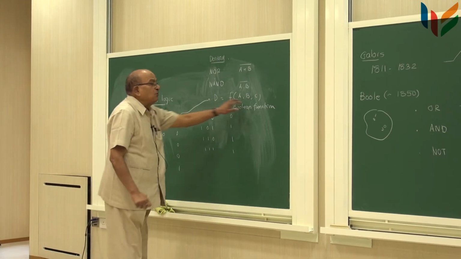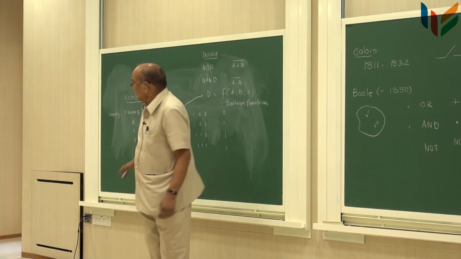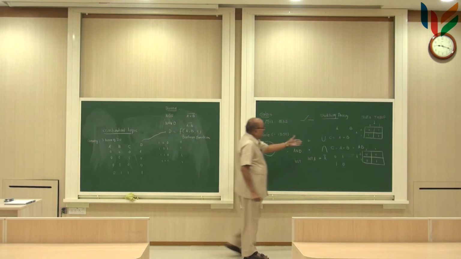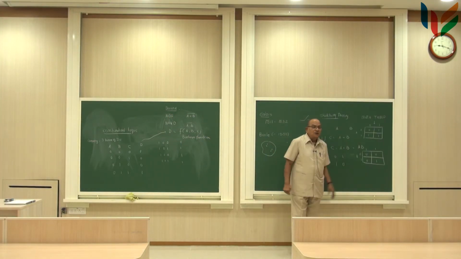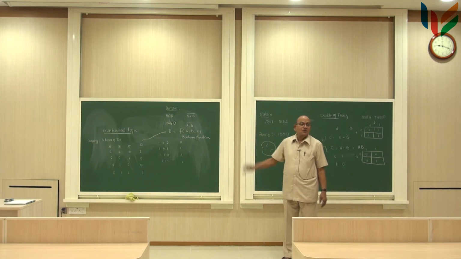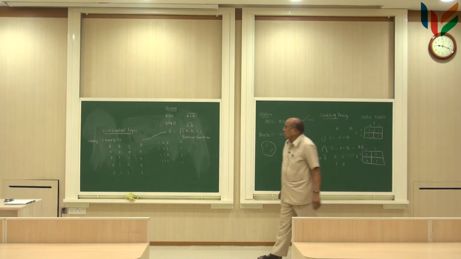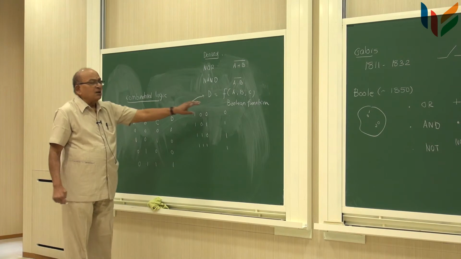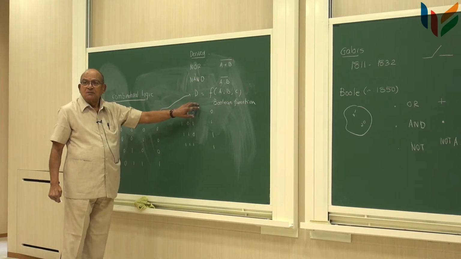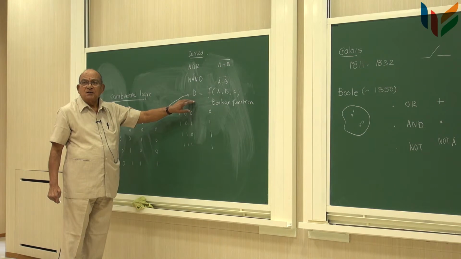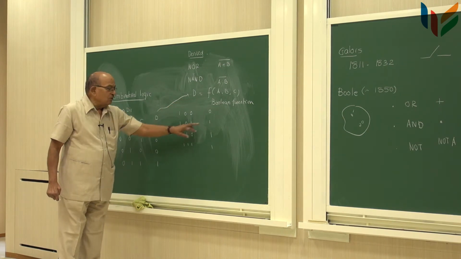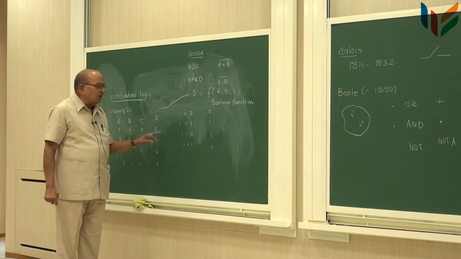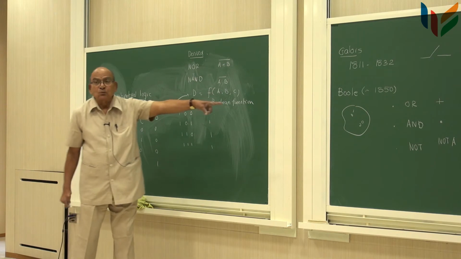So now I must write an equation. How do you write this equation for this truth table? Just like here we have done, C is equal to A plus B, C is equal to A into B. Similarly, I must write D as a function of A, B, C. It is very easy to see what you should do. D is either taking a 0 or a 1. I am only interested in where D is equal to 1. So look at those D's which are 1s and see what combination of A, B, C will give you 1 using those rules.